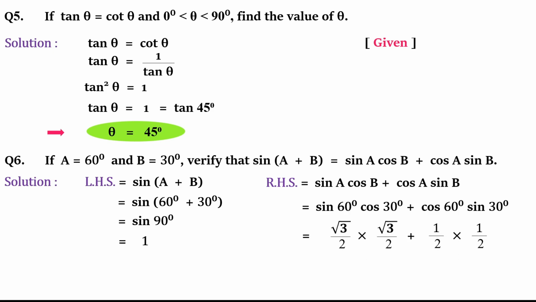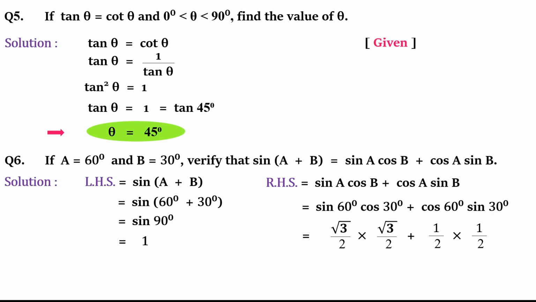So here we have sin 60 is root 3 by 2 and cos 30 is also root 3 by 2. They are getting multiplied. Then we have plus cos 60 sin 30, means cos 60 into sin 30. We will once again substitute the value. Cos 60 is half, sin 30 is half, both will be multiplied, and in BODMAS we know first we multiply